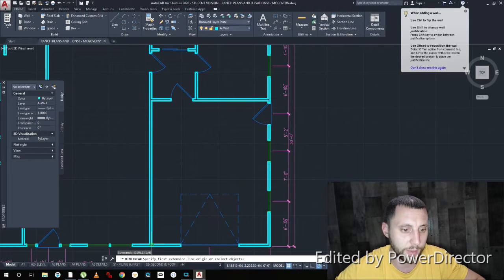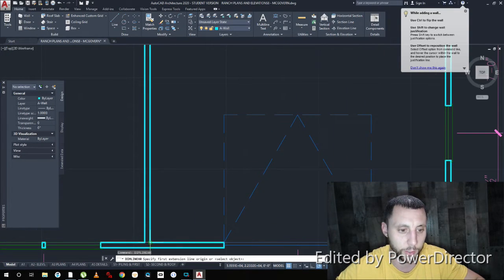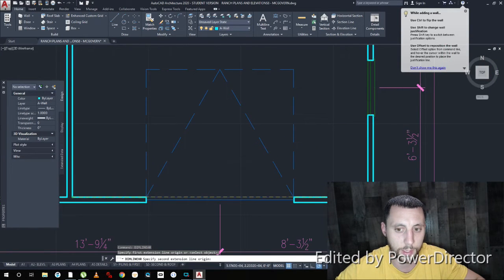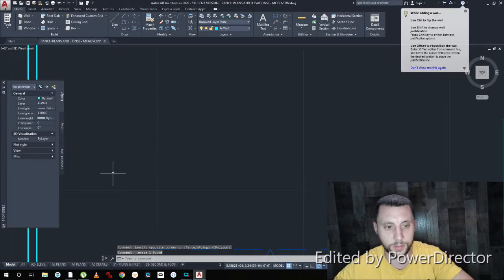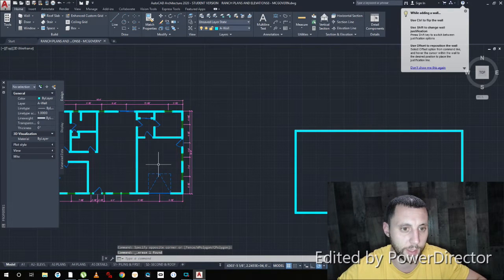So looking at the interior dimension, I'm not going to measure this from the outside. I'm going to go from the inside to inside. That's going to give me 16 feet. And then I'm going to go the other way. That's 20 feet. Okay, so we got a 16 foot by 20 foot garage, and that's 2 walls for us